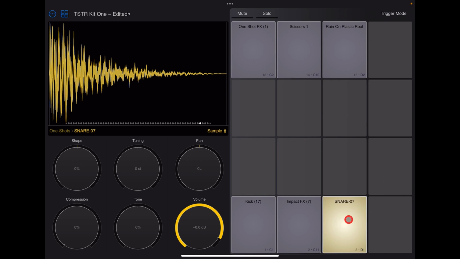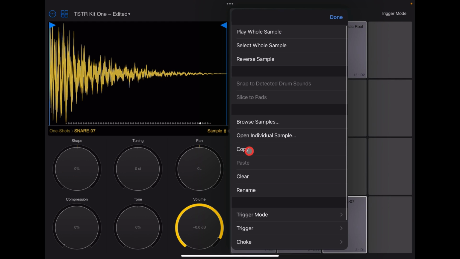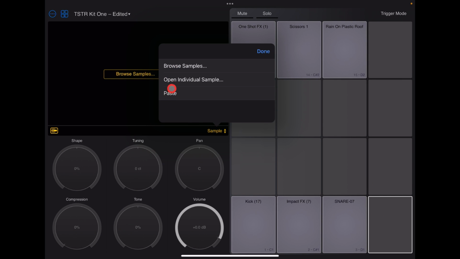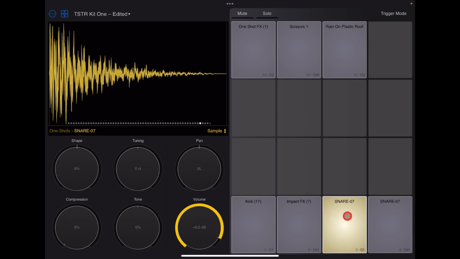So for instance, if we tap on this sample and we open the sample part here, we go copy, choose a blank one, go here and just go paste. We now have this sample on both, and what we can do is